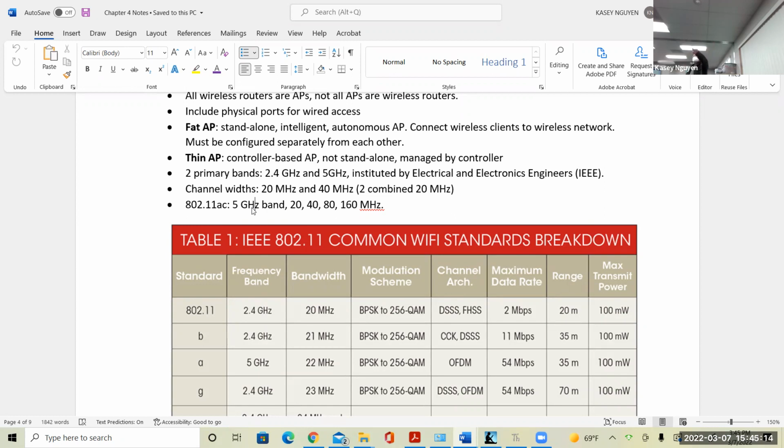So most network administrators, they would throw everything on 2.4 because it just gives them wider range. Like a bunch of people in different cubicles, right? You don't have to put a lot of access points in a long building. You just have to put a few. Okay. Huh? Everything is 5G supported, not everything is 5G. So mostly everything is 5G supported. There's some infrastructure still not supporting 5G, but